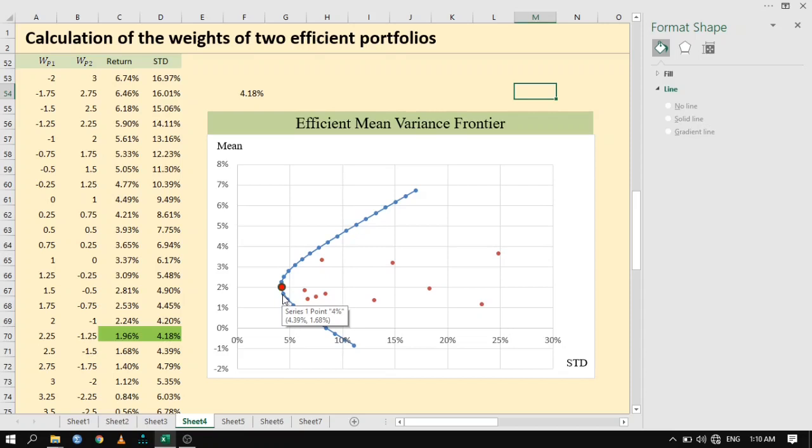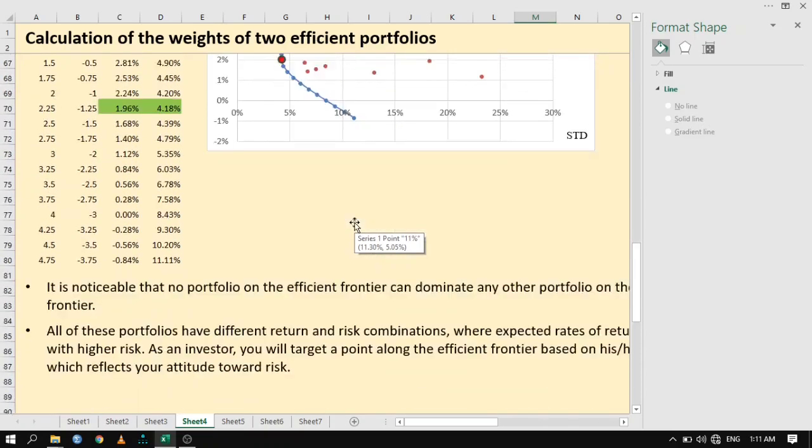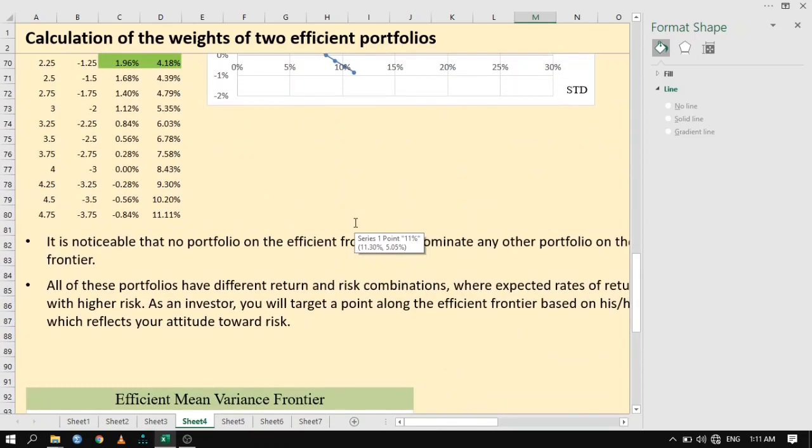It is 4.39. If you are here, you get around 6.71. If you are here, you get a risk of 4.79. So there is no individual asset, individual security that can beat the portfolios that are lying on the efficient frontier here in terms of risk and return. So with that, we can call this particular frontier here the efficient frontier, right? So that is about calculation of the efficient frontier,